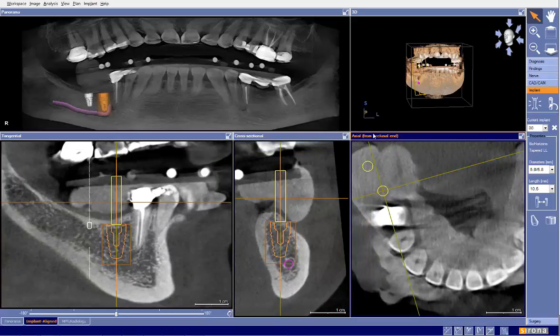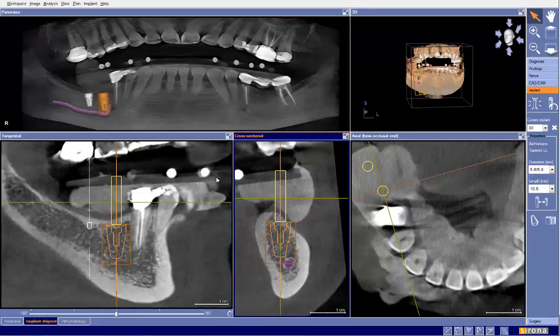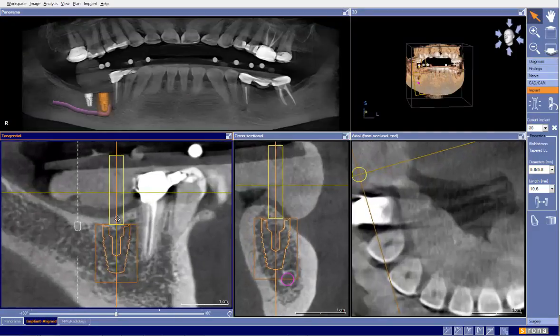Most of my planning, I'm paying close attention here in the axial view. And I see this quite often on implant plans: we try to drop the bone level to where the implant will be. Now, my concern with this is that it becomes an emergence profile difficulty. We're creating an area where this implant is going to be deep, which means we're going to have more bone loss and more tissue